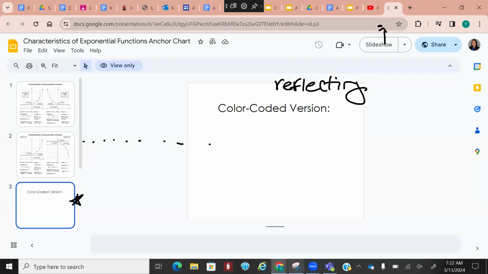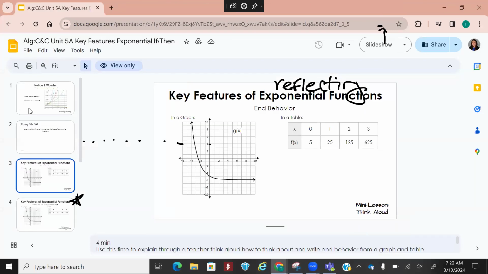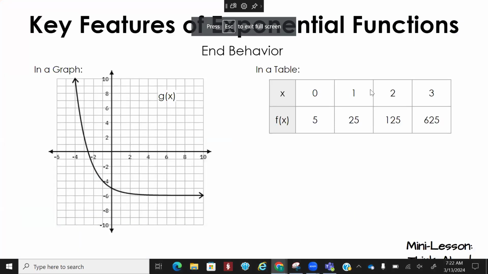Looking at your notes, okay, we're going to talk about end behavior. So we've got this graph right here. Here it is in graph form, and then here it is in table form, and this is on your paper. Talking about end behavior, as x is approaching positive infinity, so as we're moving to the right,